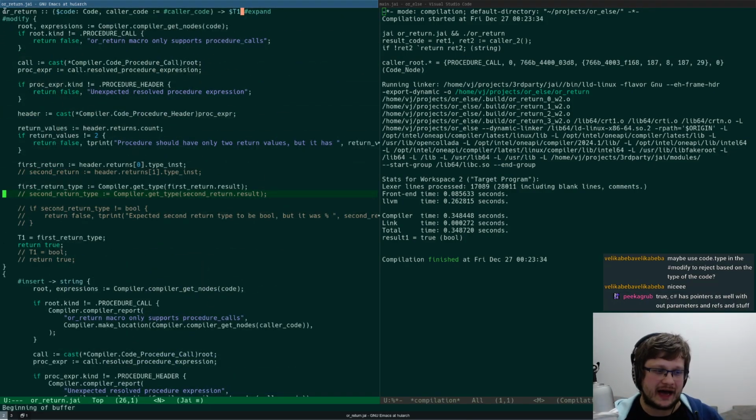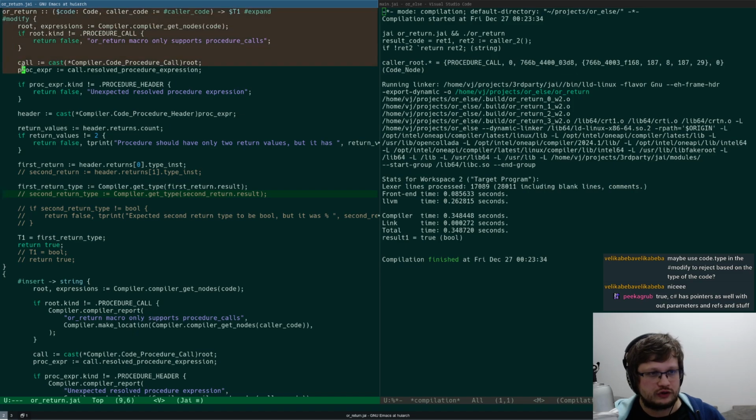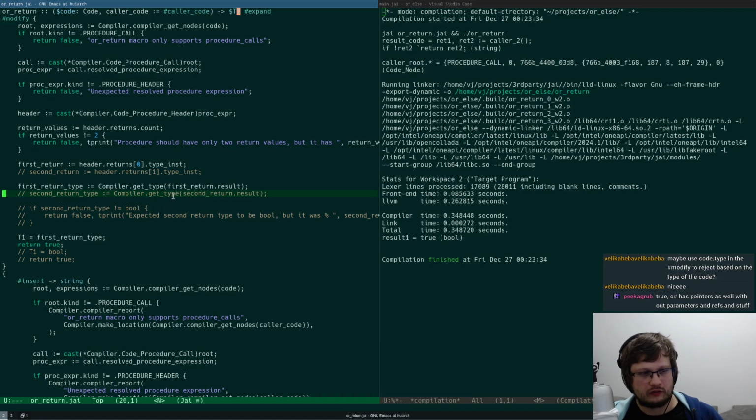that we can use outer metaprogram to generate this macro. To generate this macro with however many return values we have. Right?